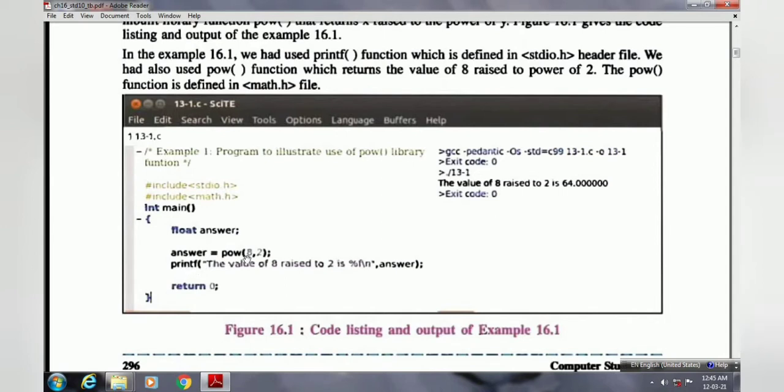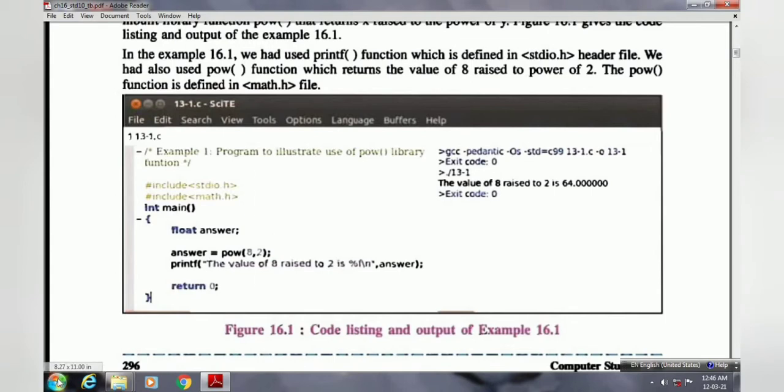The pow function is used to get the power value of any number, and to use it we need math.h. Here we are going to get 8 raised to 2, and the answer will be stored in the answer variable.